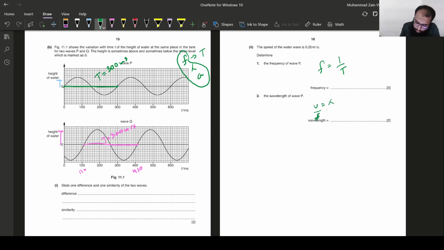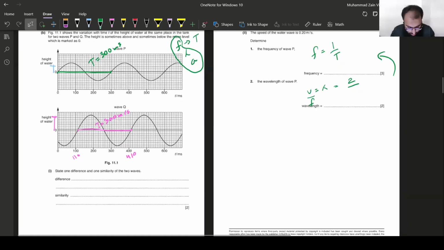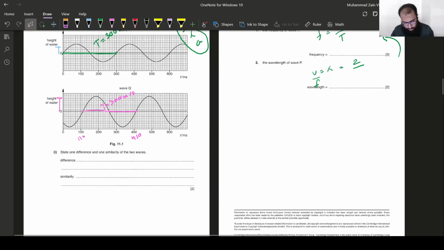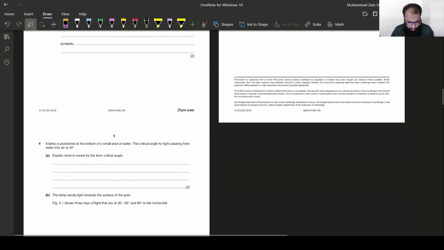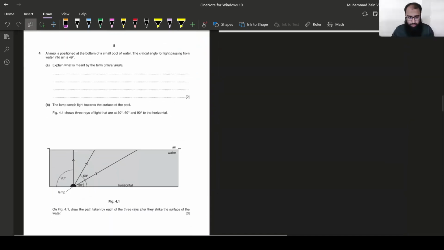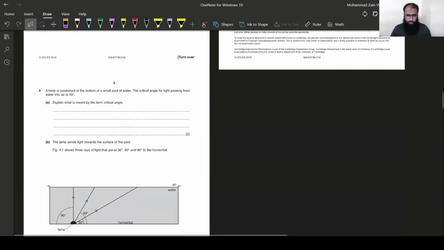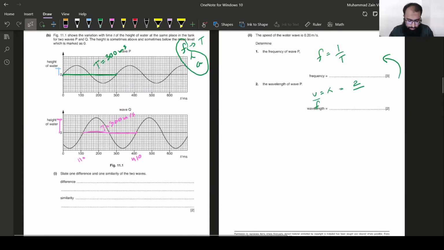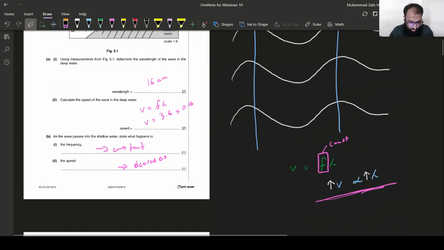So by using this formula, I'll get 2 divided by whatever frequency I just found in the previous part, and that'll give me my wavelength, which I think would be something around 0.6 meters, but you can verify it yourselves. Okay, so these were some questions regarding waves, and one of the very important things that we need